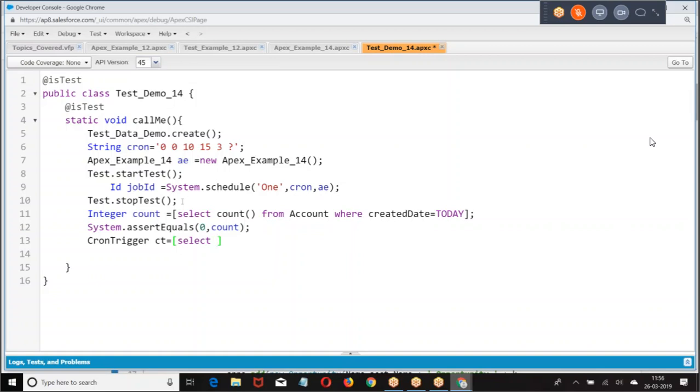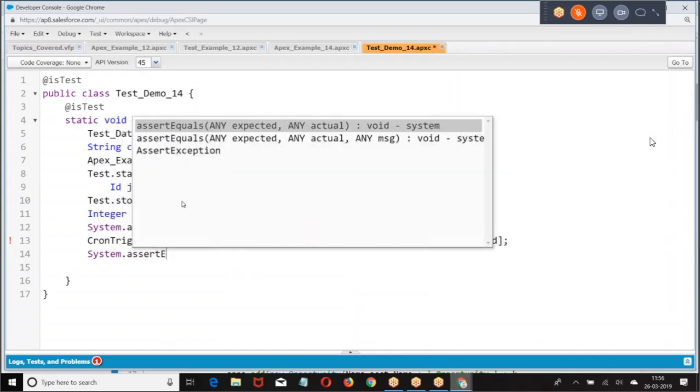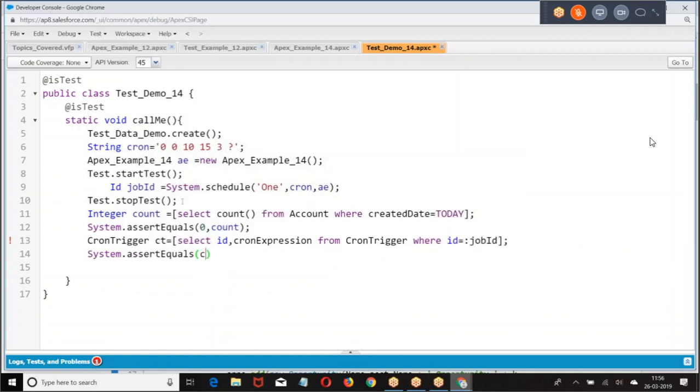At what time the job is scheduled? ID equal to... System.assertEquals with the cron expression on the CronTrigger: the expression that I gave and the expression which is registered, are both of them the same or not?